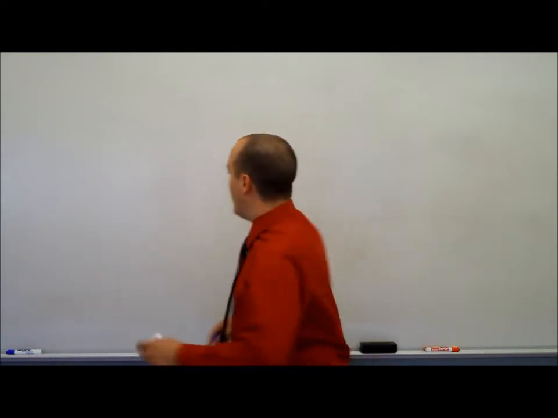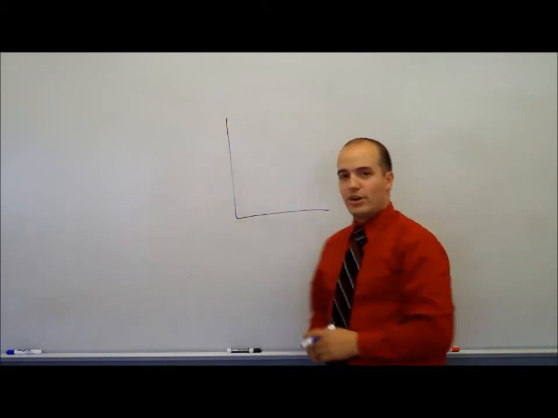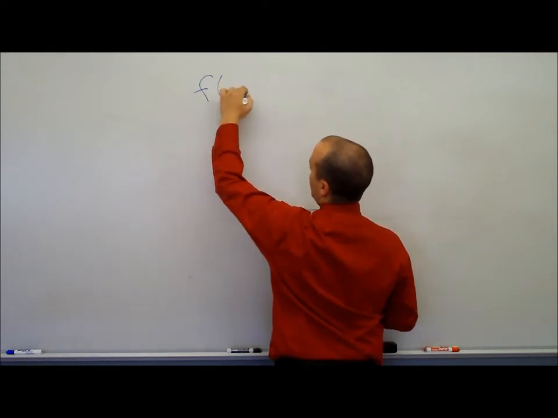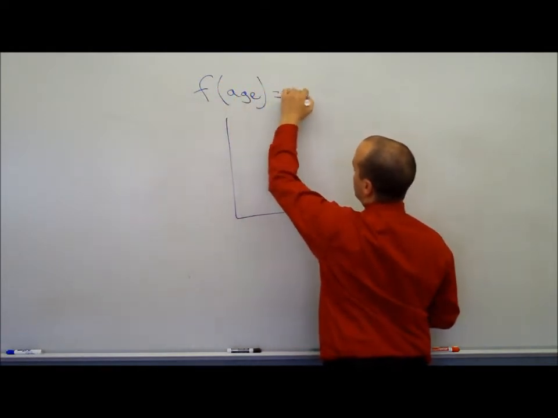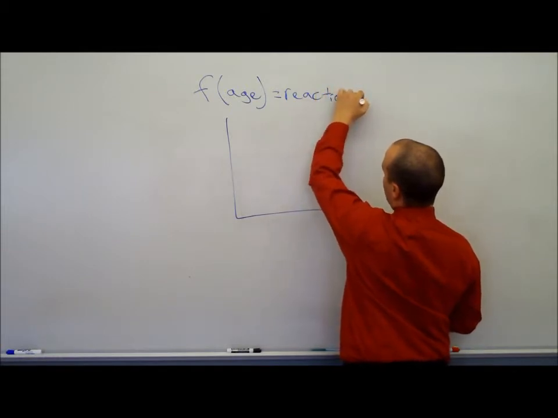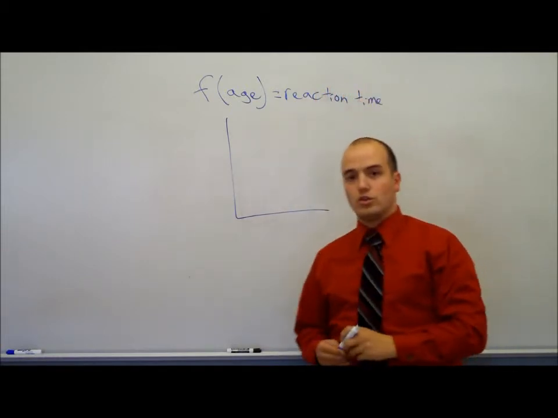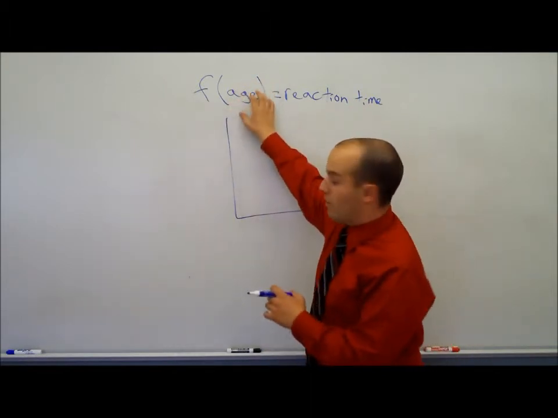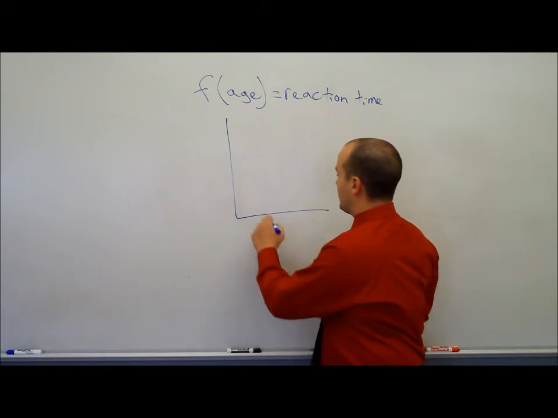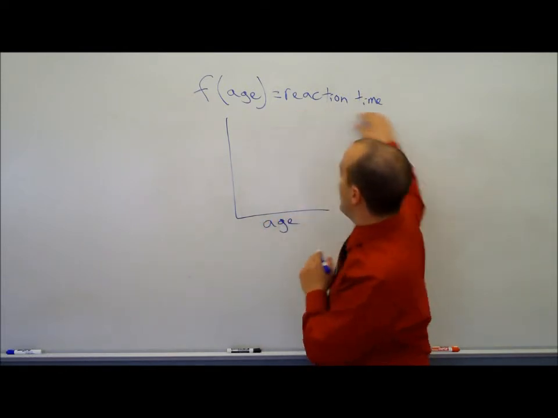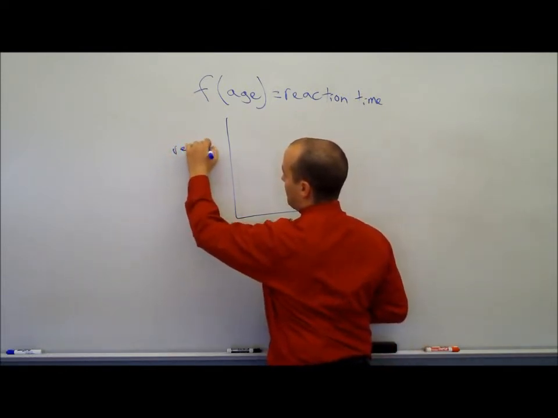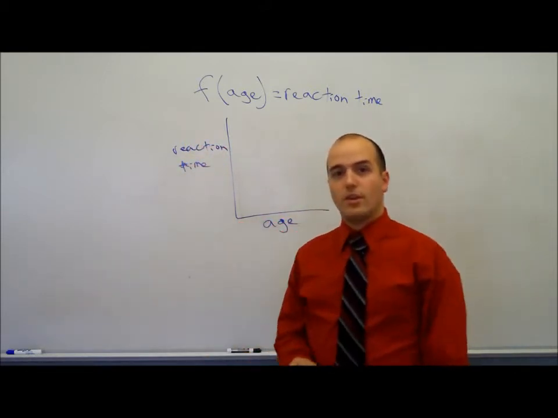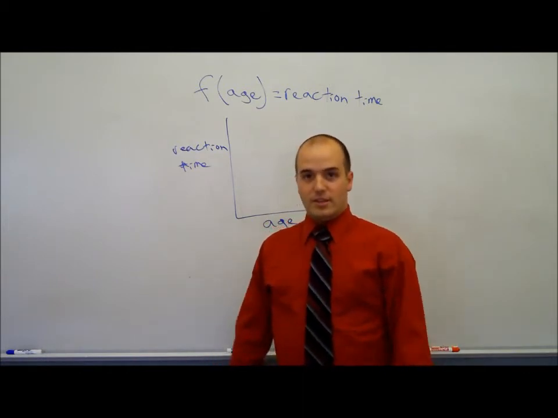That kind of thing. Now, when you put it on a graph, you've got your function of age equals reaction time. Based on what you've learned in your math classes, the function of the age, that's your x, so that'd be on your x-axis, and the reaction time would be on your y. But Mr. Foti, that's not just a math thing, right? Whatever is the f of something, that's always the x value, right? Right. You would do the same thing in physics as well?